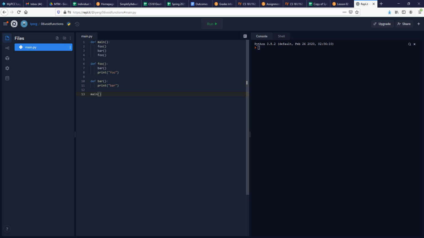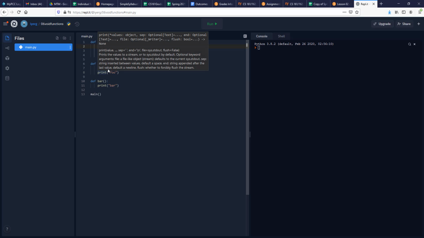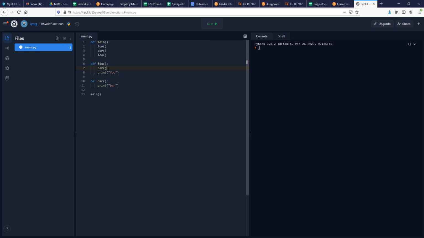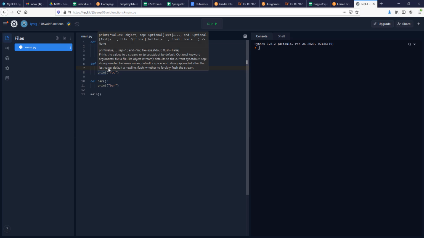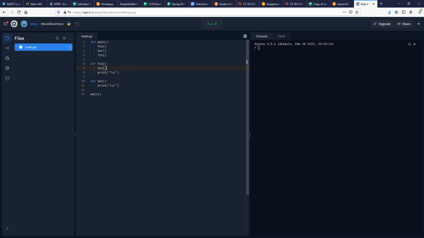Code execution starts line 1, it creates the frame main, goes to line 6, creates the frame foo, goes to line 10, creates the frame bar, comes to line 13, starts executing, calls the function main, comes to line 1, executes line 2, jumps to function foo, calls bar, doesn't print, calls bar on line 6, jumps to line 10